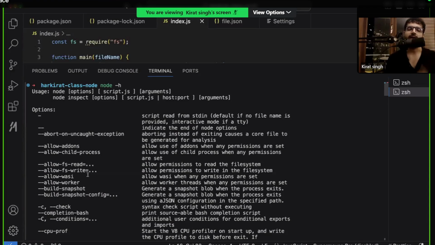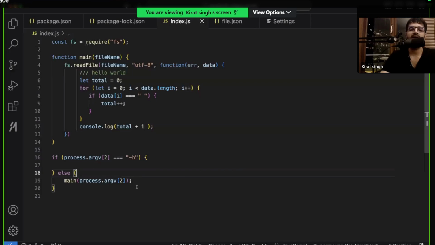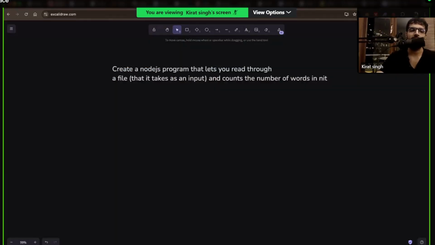I said you also have to make the same thing. You also have to make the same thing. Now you can do some logic here: if process.argv[2] is equal to -h, then I will do this, else I will do the rest of the logic. You can write this yourself. But why not use something that does this out of the box? Why not use a library that does all of this for you? What is that library? The library is called Commander.